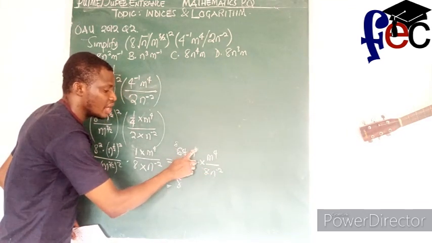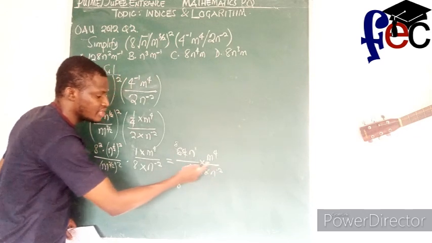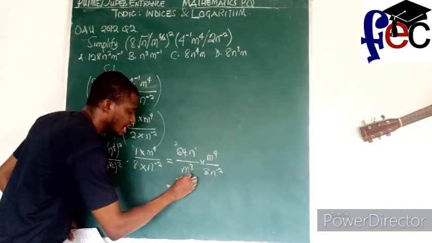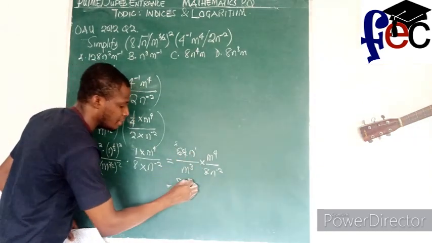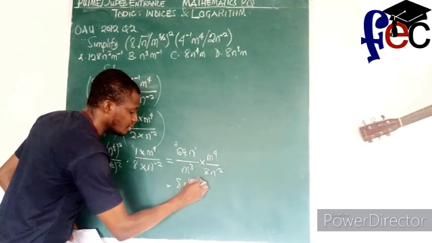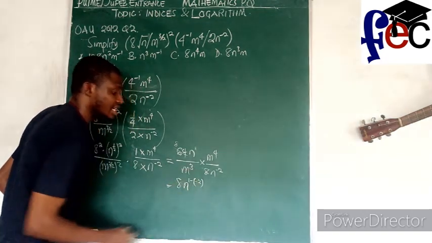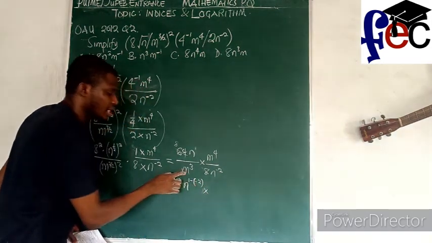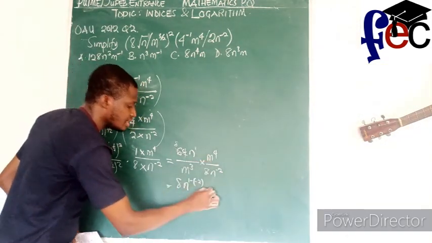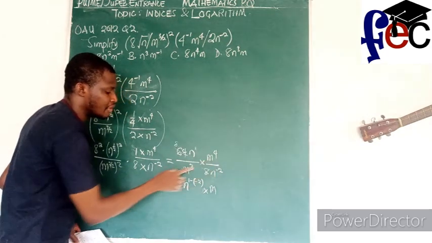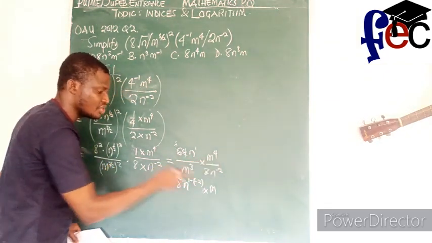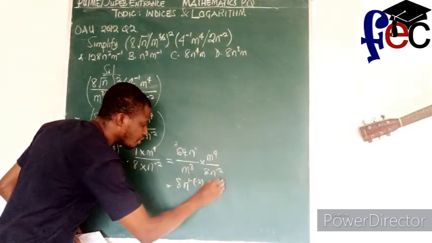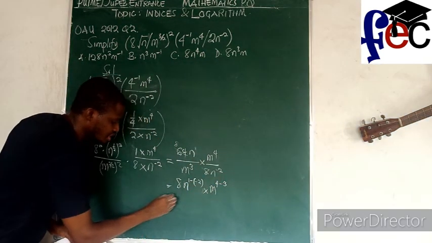The power here is 1, the power here is minus 3. Because of the division sign, what do I do? I take one of the bases, then I subtract the power. The power here is 1 minus 2. Do you get that? So that this will now become, then I have times, what about the m? M here is having power 4, m here is having power 3, and there's a division sign. What do we do? Take one of the bases and subtract the powers, 4 minus 3,